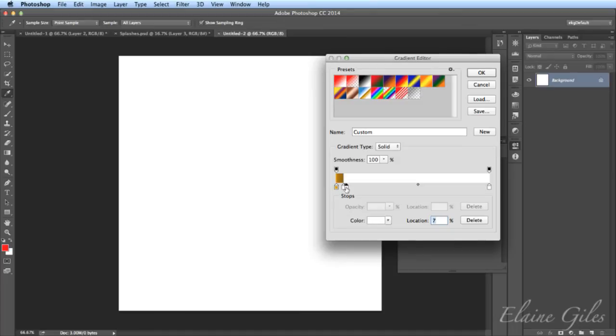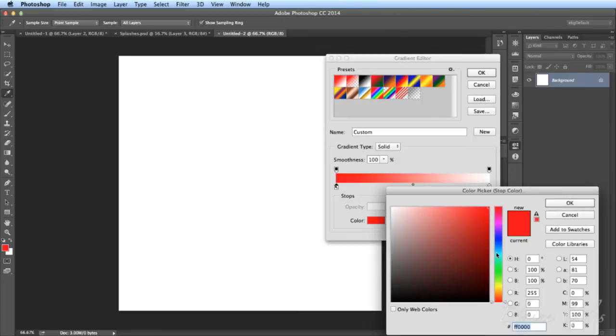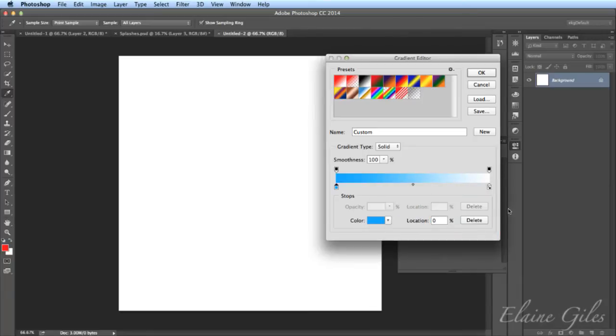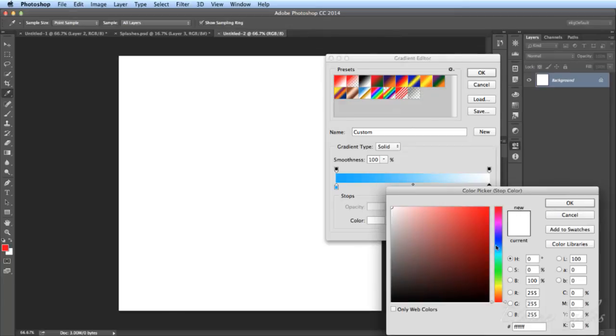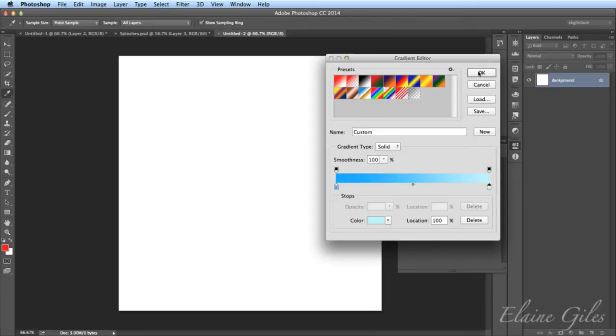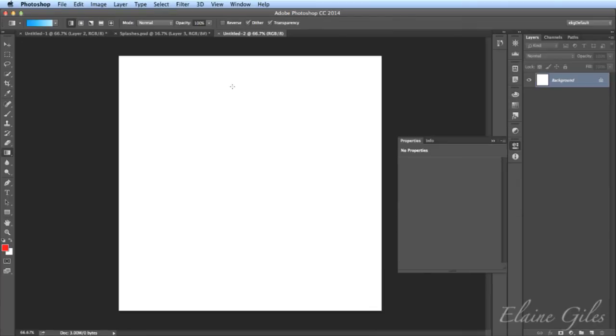In fact, it's deleting everything all wrong, but I will start from scratch. Right. I need a gradient in here that is bluish. So I'll start from scratch. I want a colour, but I don't want that colour. I want a nice palish blue so I can make a blue sky. That's a good start. And at this end, I want a much lighter blue. So double clicking there and getting a very, very pale blue. So something like that. Okay. And I now have my gradient.